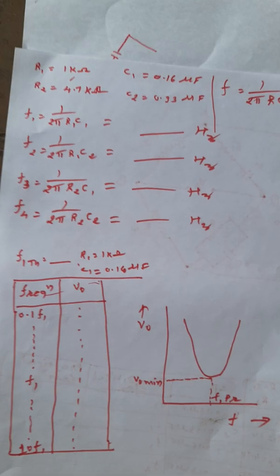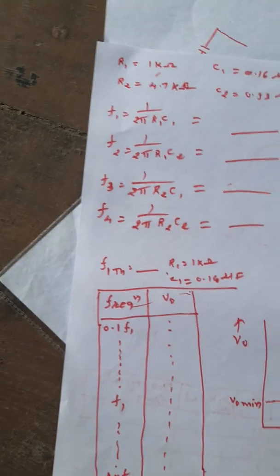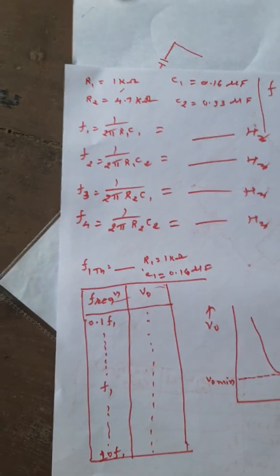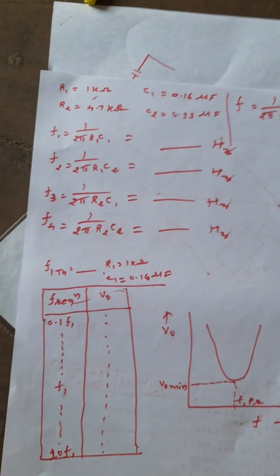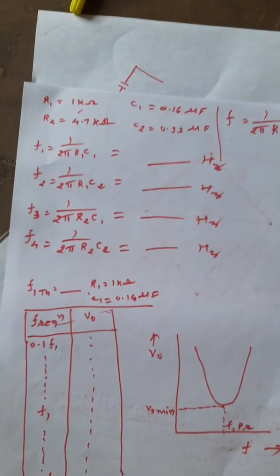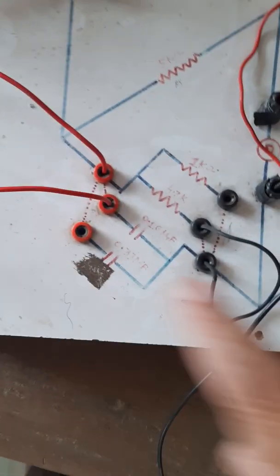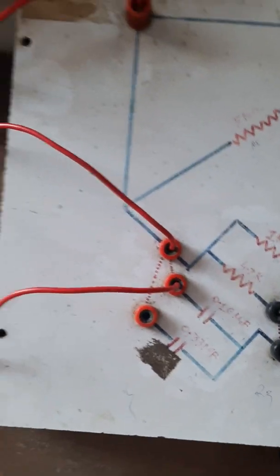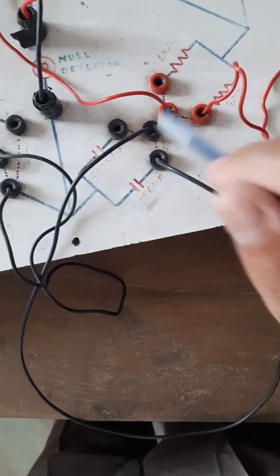So now, how to perform the experiment? To perform the experiment, first you have to set any combination of R1 C1, or R1 C2, or R2 C1, or R2 C2. So we have a few different possible combinations. First we connect any one combination of resistor and capacitor in the actual circuit. So this is the actual circuit. Right now I have connected R2 C1, so on the series side we are also connecting R2 C1.